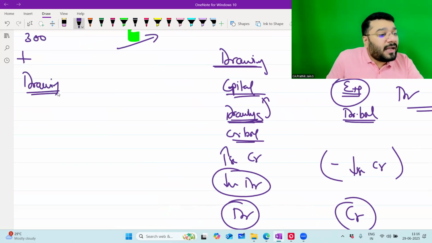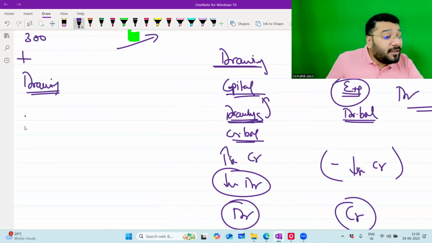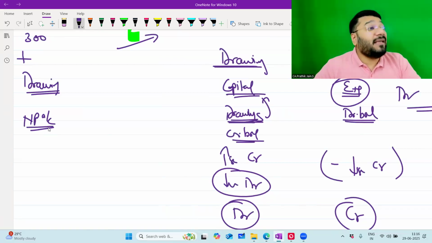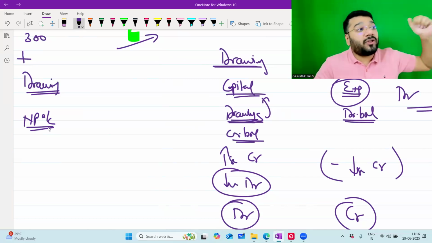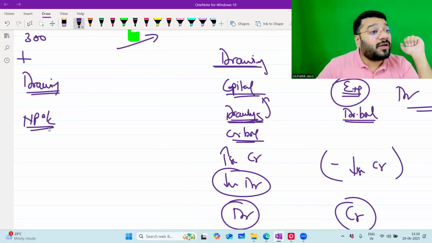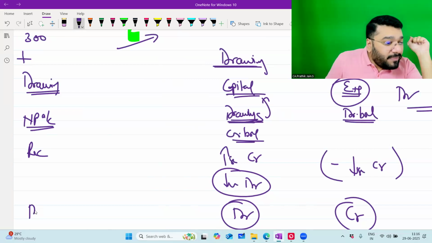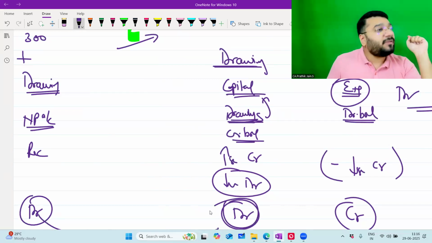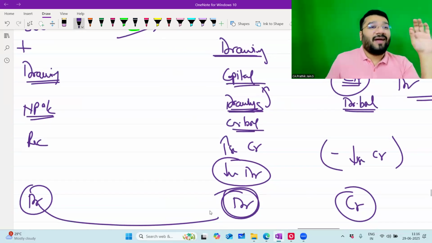Drawings is nothing but an account which belongs to the owner. Owner is personal, real or nominal? Owner is personal. Which personal? Natural personal account. What is the rule? Debit the receiver, credit the giver. Always from the opposite point of view. Here, when the owner is withdrawing the chocolate, is he the receiver of the chocolate or the giver? He's the receiver. So debit the receiver. Both are matching? Yes, this will match. The next item will not match.